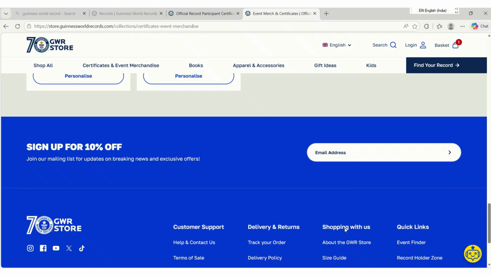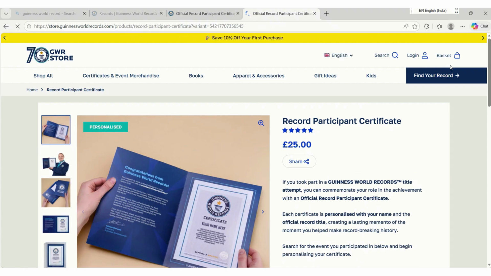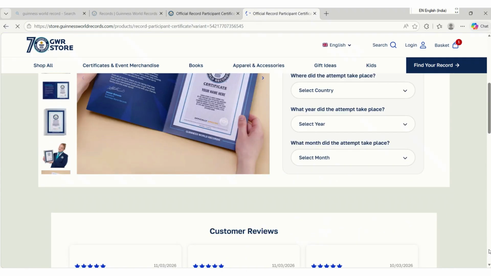Once you have selected this, there is a step for making payment, and you can select for payment. I had saved it in the basket, and